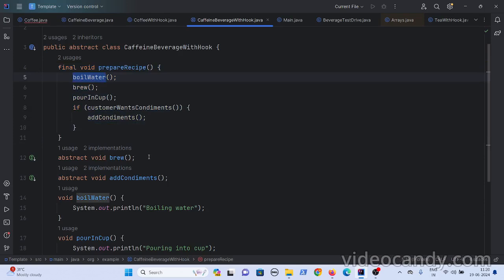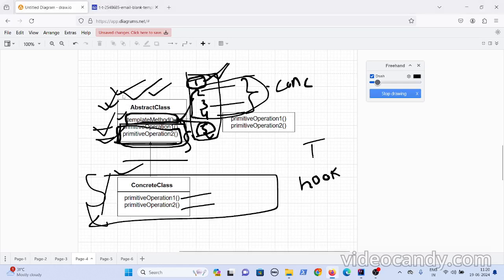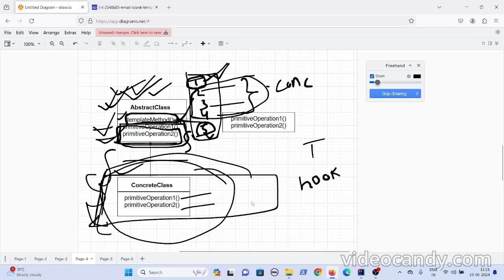So what is happening is, higher level classes are invoking the lower level implementation. Here, what you can see, this is the higher level class. The higher level component is invoking the lower level component, but everything is declared in the higher level component. So this is also called the Hollywood principle. Don't call us, we will call you. So you as a child class, you don't call us, we have higher level components, we call you. That is called the Hollywood principle.